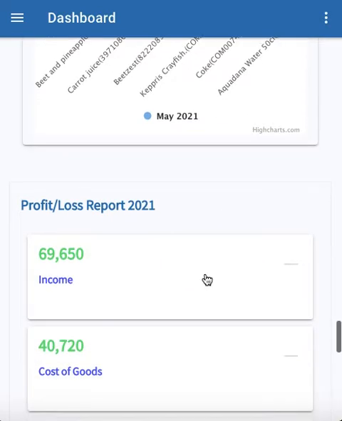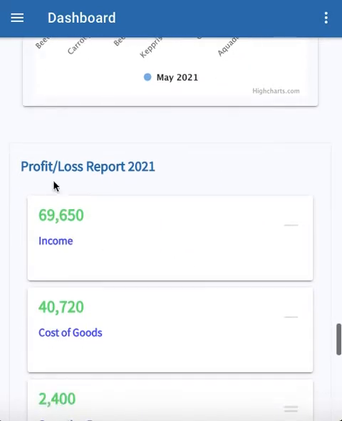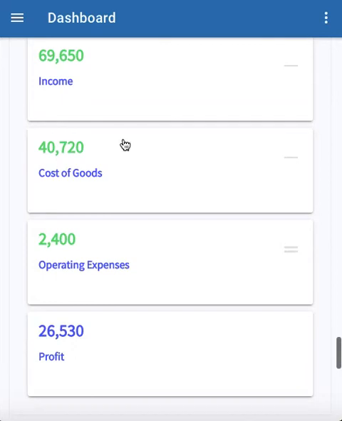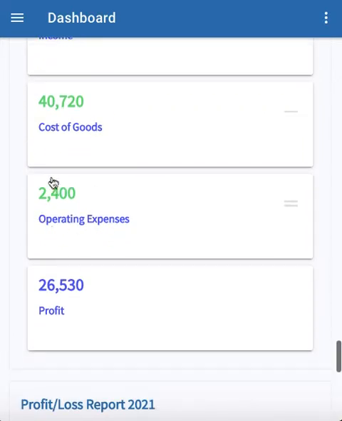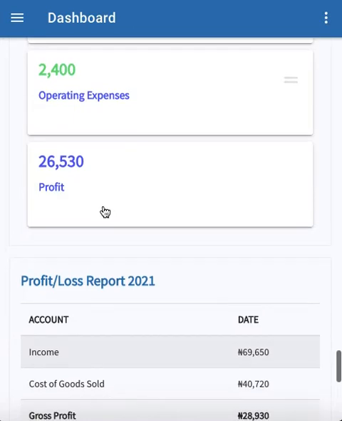Further down on the dashboard, you get to see an overview of your profit or loss reports for this particular year, which is 2021. The income that has been made so far, Pyramid automatically calculates it every day as a lump sum. This is 69,650 in this instance. The cost of goods is 40,720 naira. And then this is the amount of expenses that was incurred. And the profit that was made is